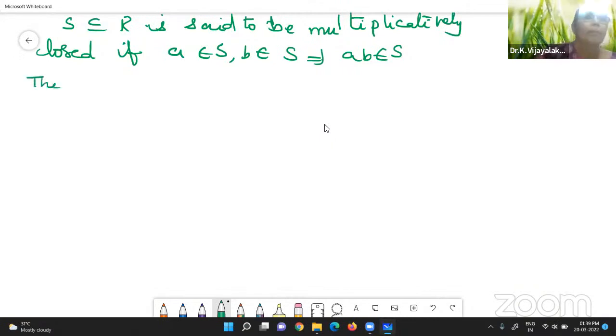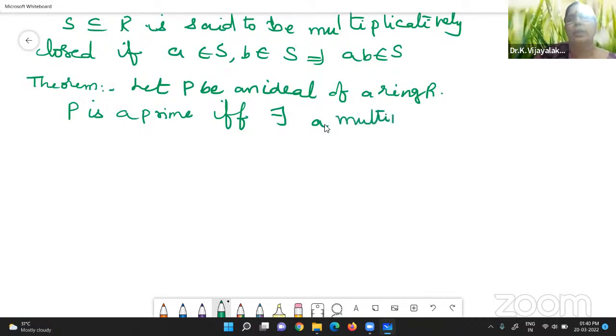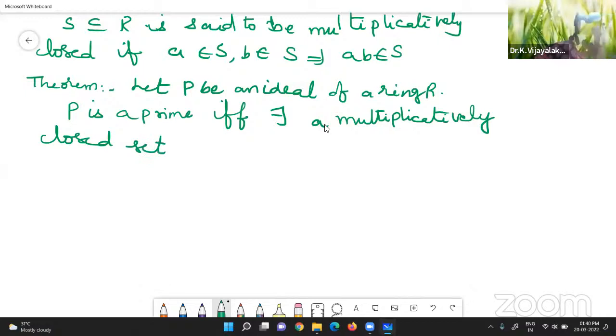Now, the next first theorem is: let P be an ideal of a ring R. Then P is prime if and only if there exists a multiplicatively closed set S in R, which is